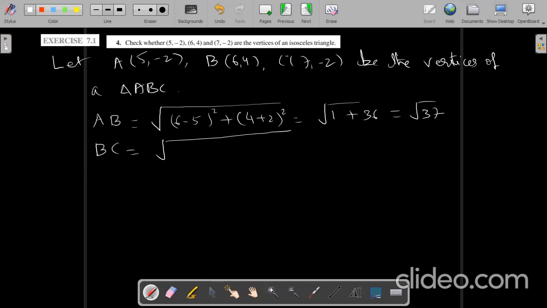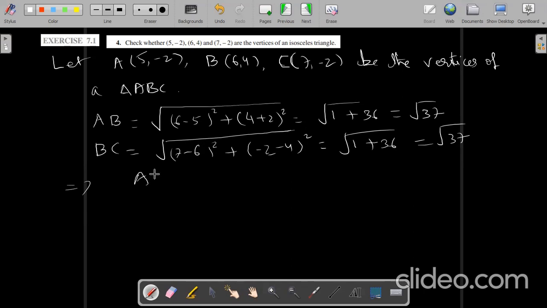BC. Okay, this is point C, whose coordinates are (7, minus 2). So (7 minus 6) whole square plus (minus 2 minus 4), that is (y2 minus y1) whole square. 7 minus 6 is 1, square is 1. Minus 2 minus 4 is minus 6, square of minus 6 is 36. So we got under root 37. So no need to find the third side. As we have seen, two sides are equal. It is an isosceles triangle, which implies that AB is equal to BC and proved, and